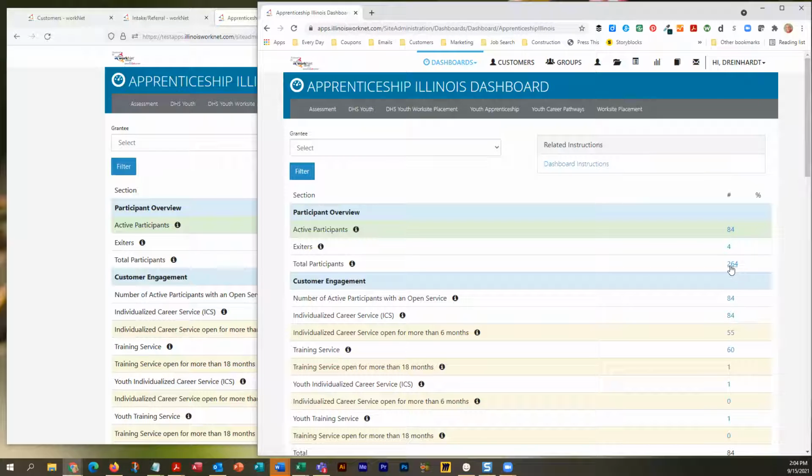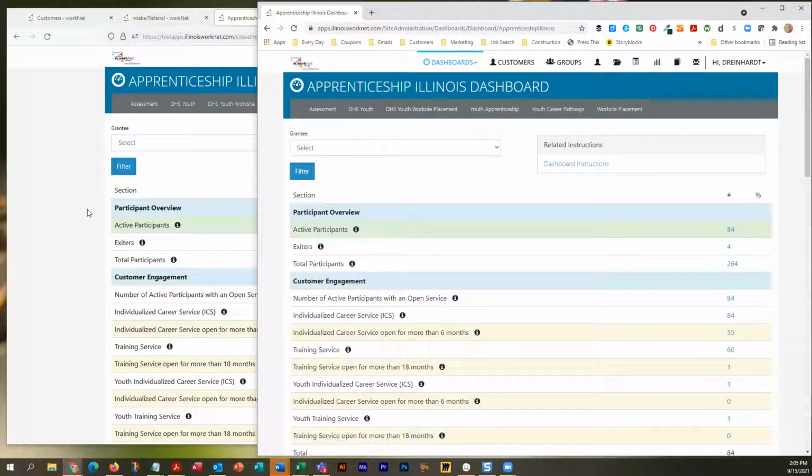So we have 264 total participants, but we only have 84 active ones. So if you have a participant that you have entered into the system, but have not added any services for them, have not enrolled them, have not added any employment for them, then you need to do that so that those numbers bump up.